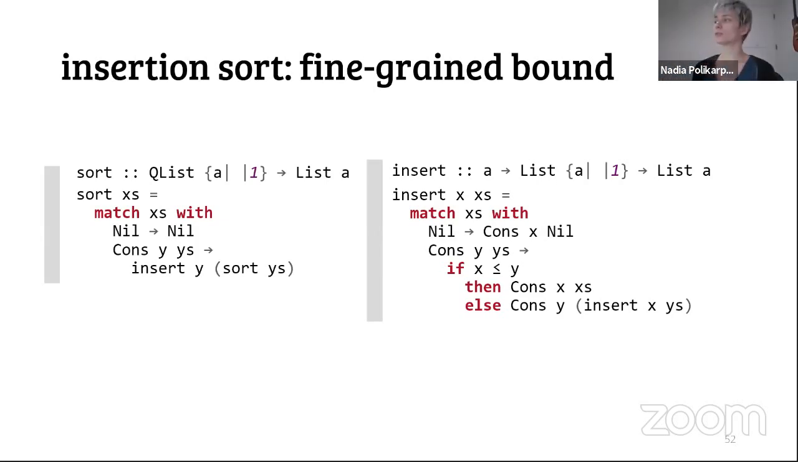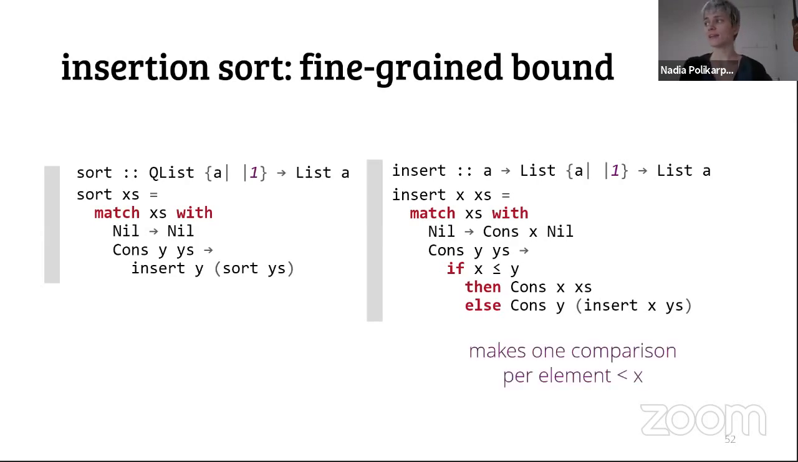So what we were able to prove so far is that insert executes in linear time, whereas sort executes in quadratic time. But this is a coarse-grained bound for insertion sort. We actually know something more about insertion sort. In particular, we know that insert short circuits, so it almost never traverses the whole list, right? In fact, it only makes a comparison per element of the list that is less than X, right? Because once it finds the appropriate place where to insert X, it does not go any further and make any